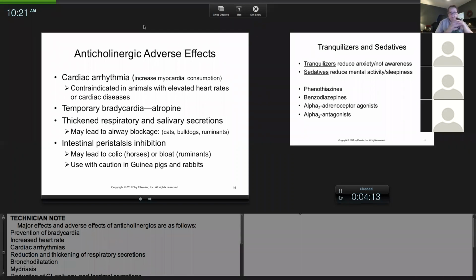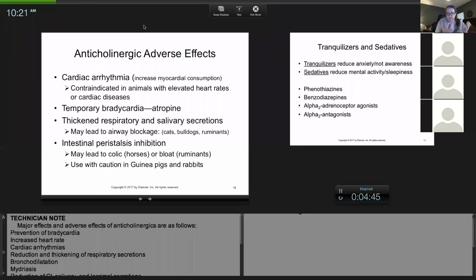Okay, let me get back on this because, again, geriatric cats, hyperthyroid cats, usually come in with an already elevated heart rate. So I don't want to do anything to elevate their heart rate more. If I have a dog that has dilated cardiomyopathy, their heart is dilated, the muscle is weak. If I do something to make the heart work harder, I'm going to potentially see more arrhythmias or more side effects. So again, if I have a patient that's already tachycardic,